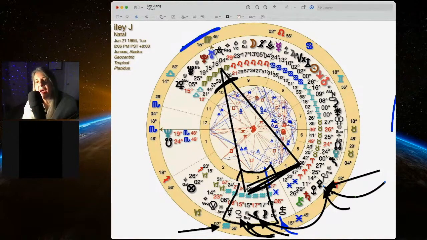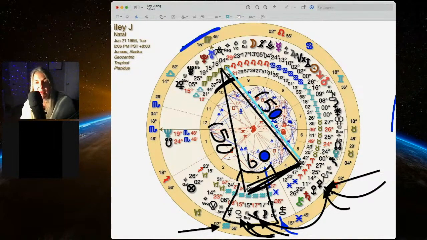So, another example of a yod. Thank you, Kim in Nature. She's busy recording stuff, and here we go. After this live, I think we all know what a yod looks like, but what does it mean? We know how to recognize it, but what does it mean? Well, a quincunx is something that is kind of irritating. There's a frustration involved with that. So for you, you know that having order and structure and the details,